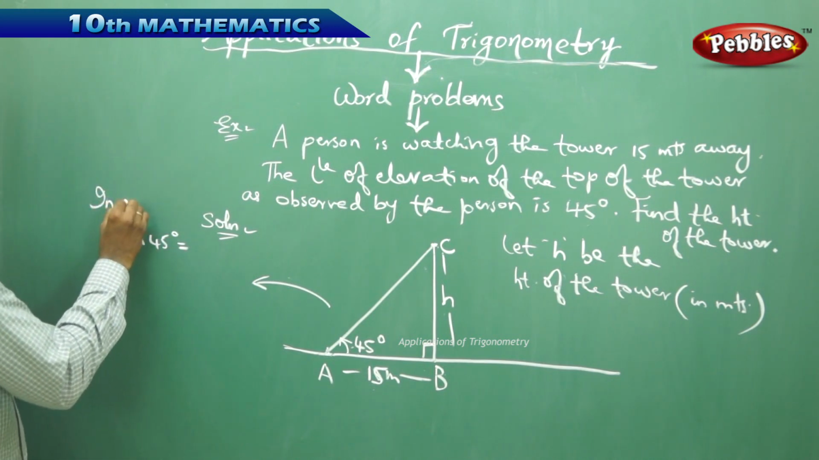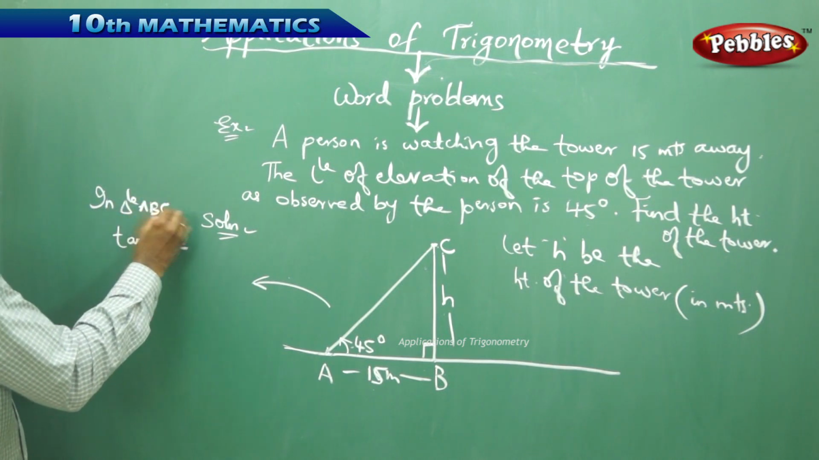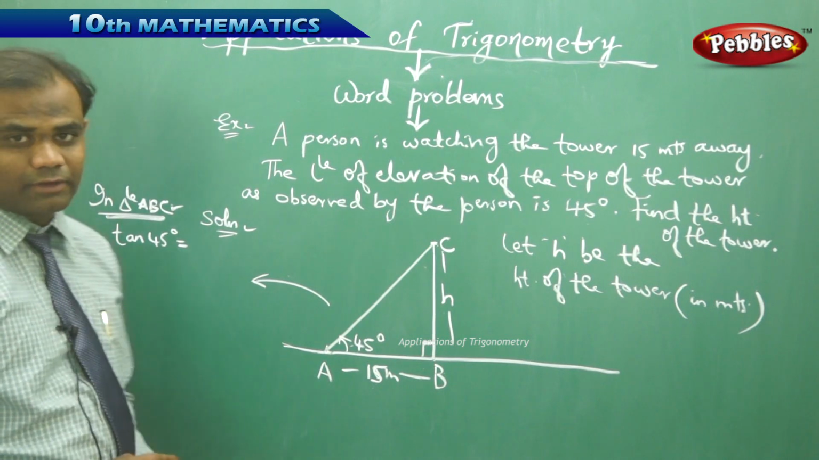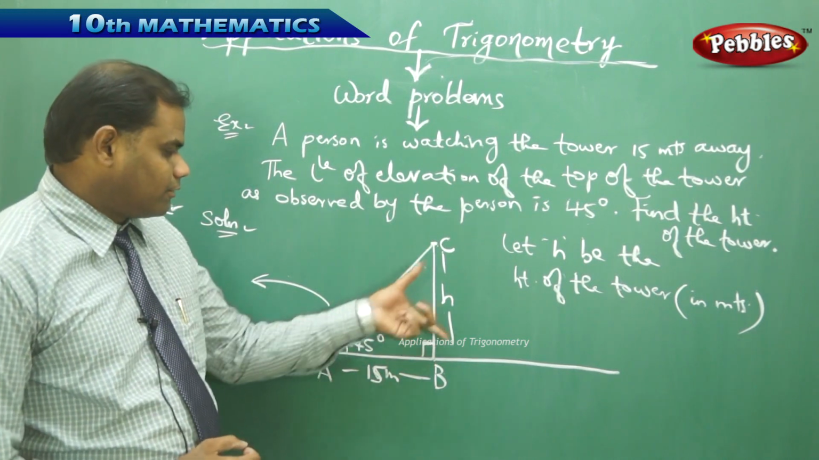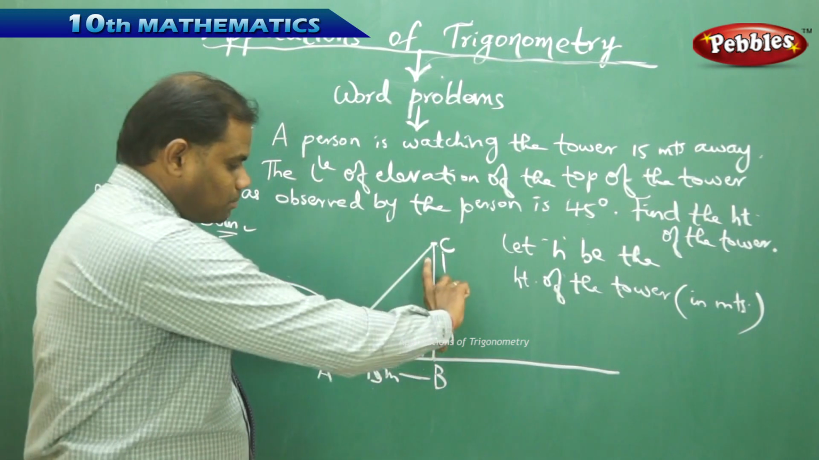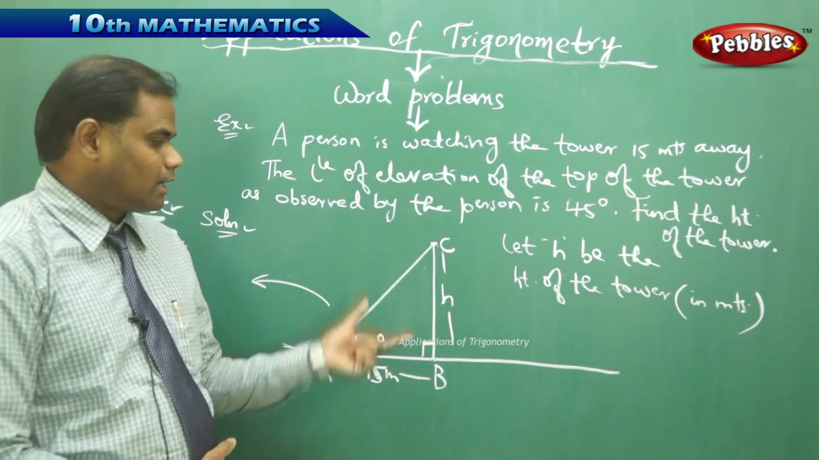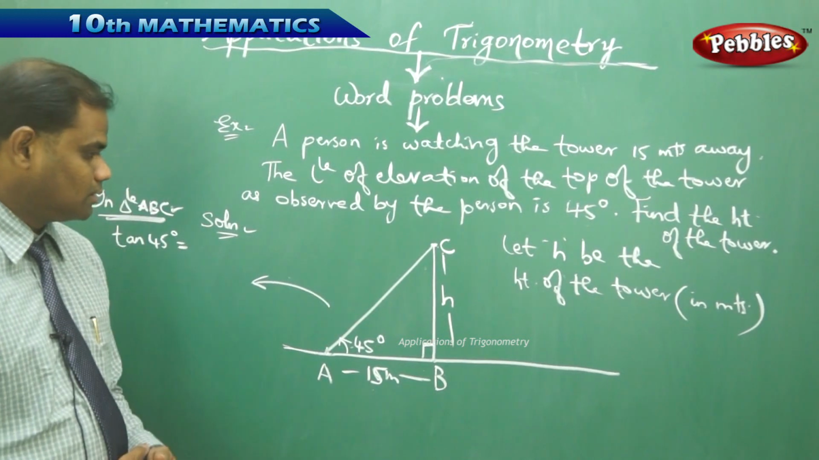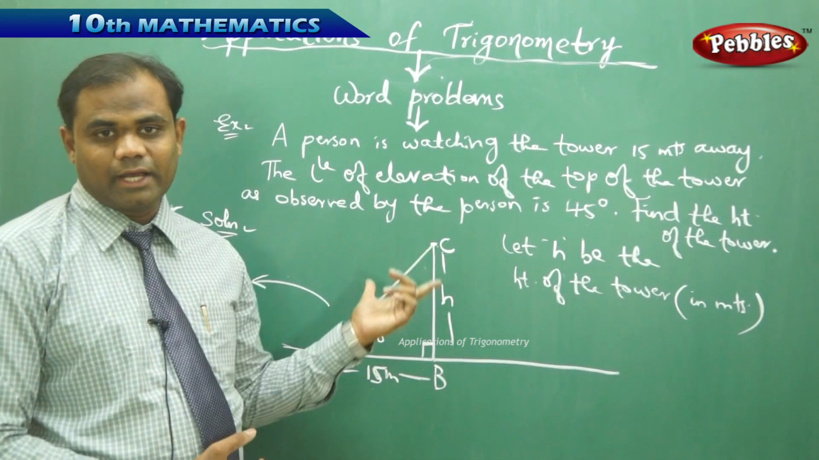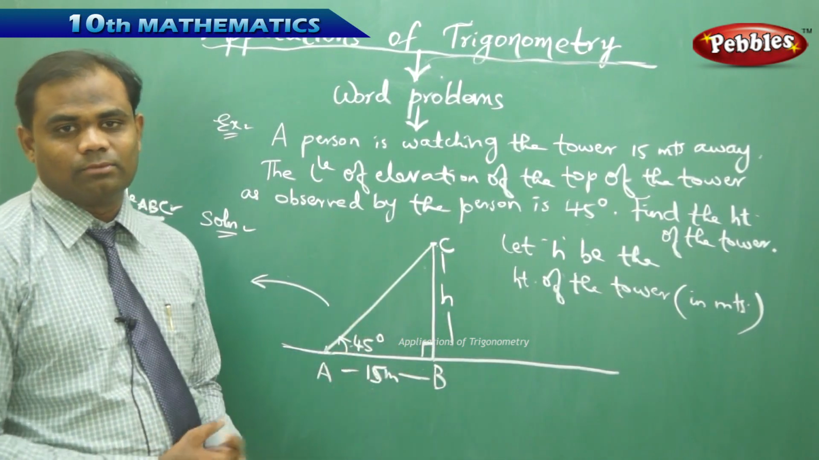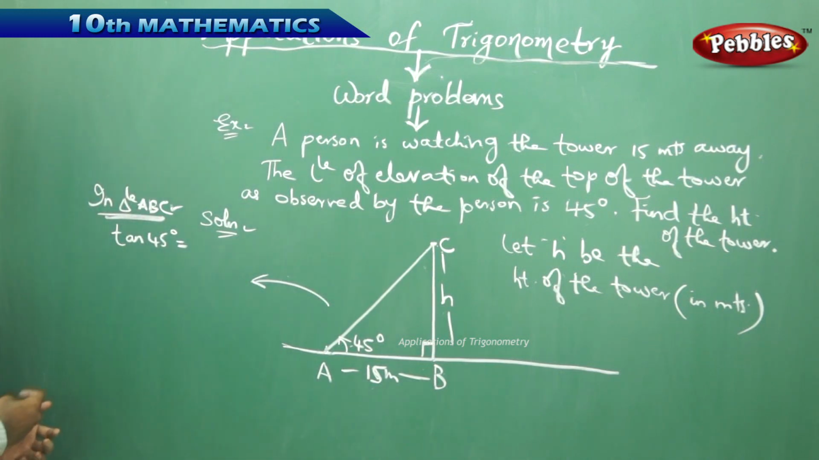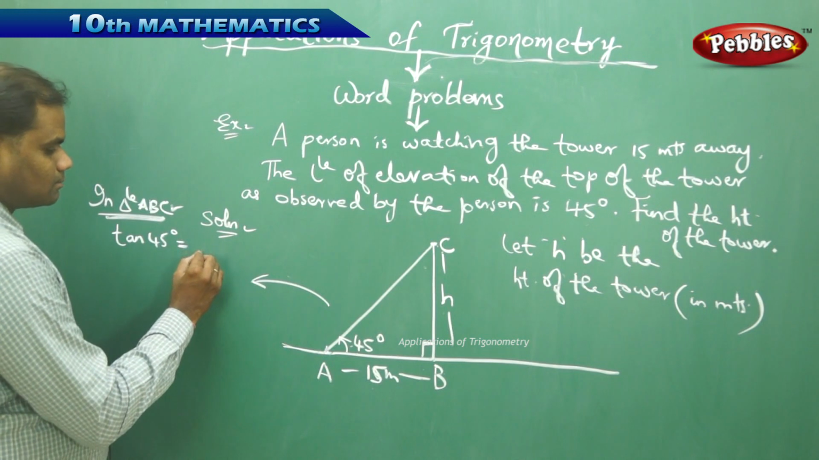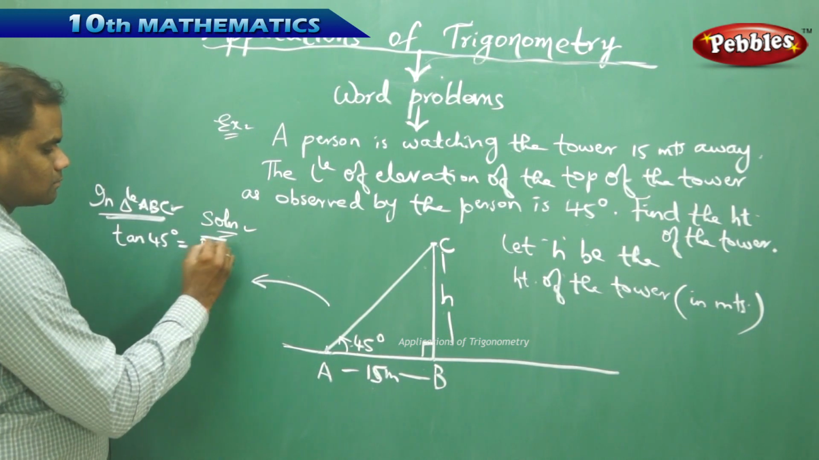opposite by adjacent. So in triangle ABC, to start with this triangle, I take tan 45 because I can find the height of the tower if I connect the opposite side with the adjacent side. Hypotenuse does not help me in this case. It's of no use taking AC or the hypotenuse for solving the problem. Therefore, connecting opposite and adjacent with tan theta, which is opposite by adjacent,